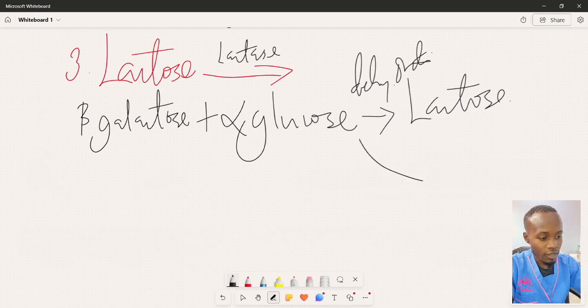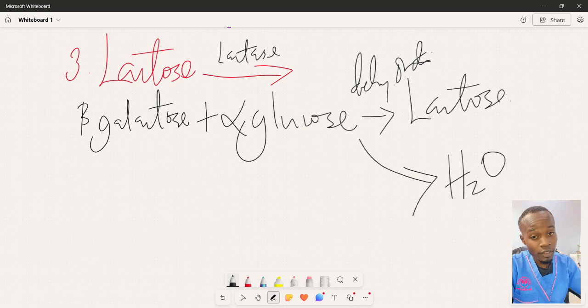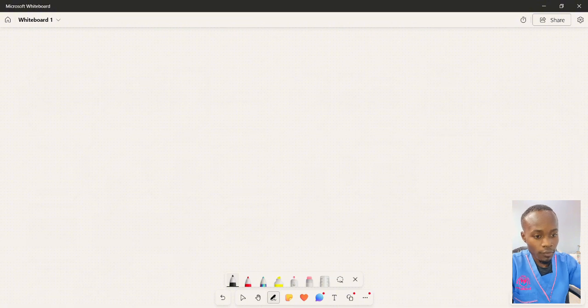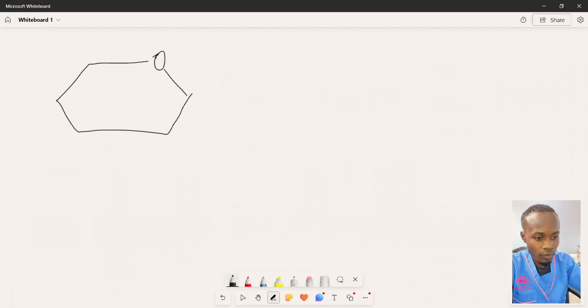The process is dehydration, whereby a water molecule will be released out. So that's easy. Let's draw the structure, or rather let's see how the glycosidic bond for lactose is formed. So we have this one here, that one plus